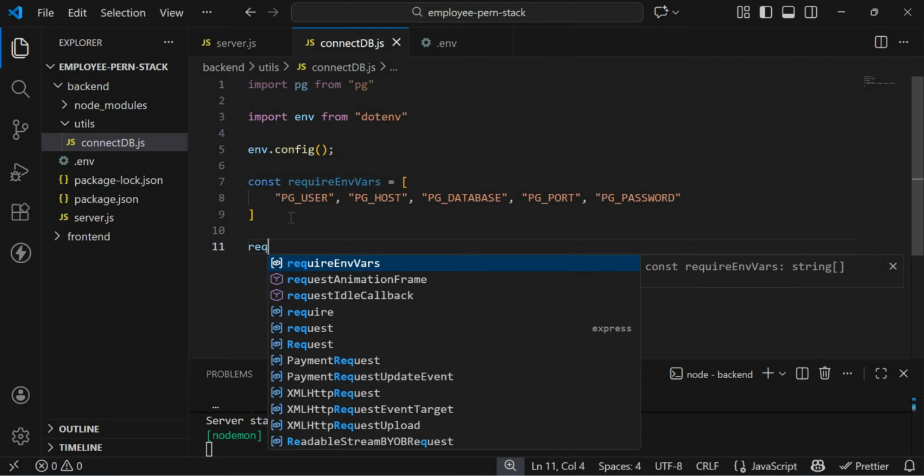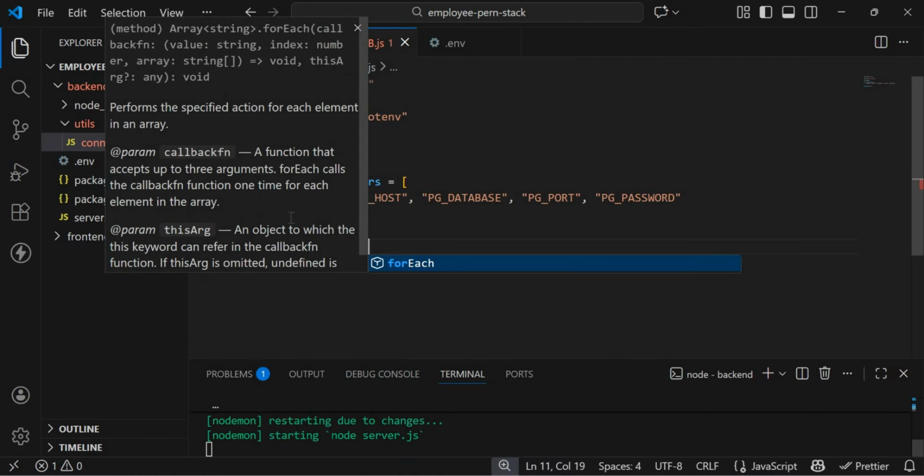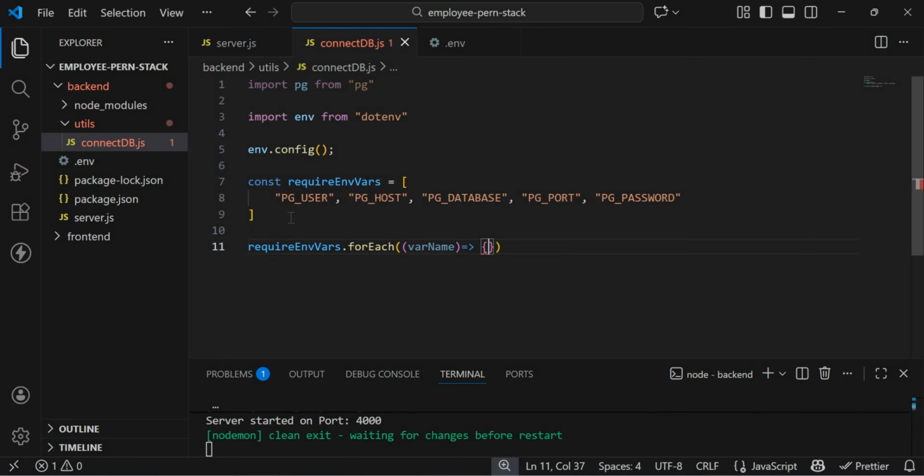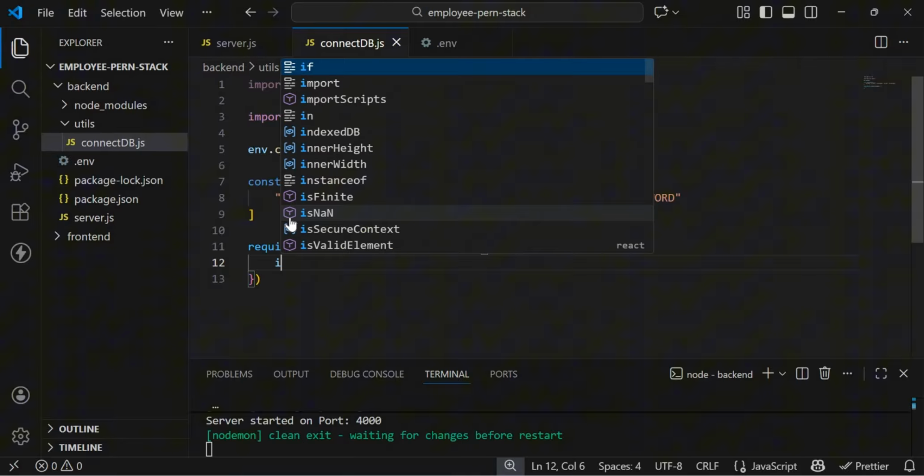So requiredEnvVars dot forEach. We'll pass the variable names. Then we're going to check if there is a missing variable. If there is a missing variable, we want to log in the console that this particular variable is missing. And then we're going to stop the app. So if